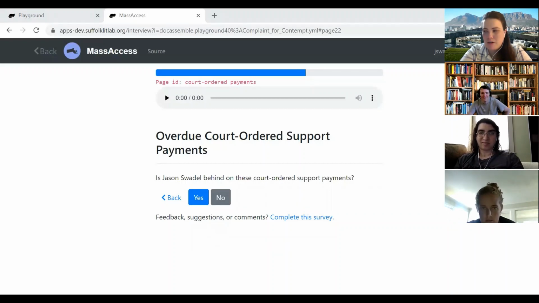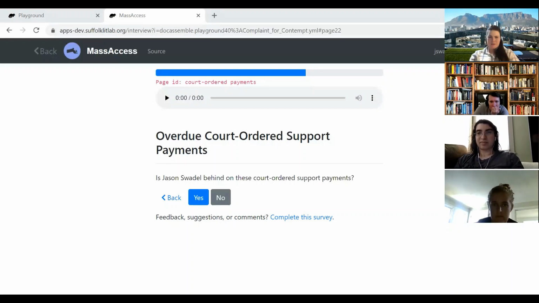Jason, just a heads up, you're only showing one of your screens, so we're not going to be able to see the PDF when you put it up. Or he could put a link to it in the Slack. Oh yeah, that's perfect. You could link to it in the Slack. I'll just post it in the Slack channel. All right, let me do that. What's this, Caroline?